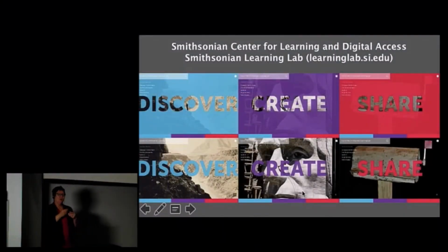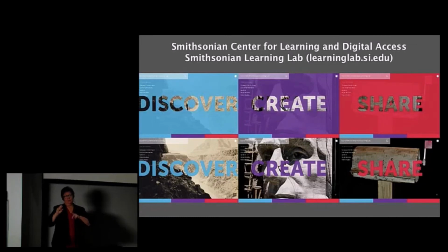Do is give the teachers the tools that they need so that they can create on their own. Now, we are building off the work that was done by many other people at the Smithsonian. So this would not be possible if all the museums had not digitized their collections, made their metadata available, if the digitization office had not created